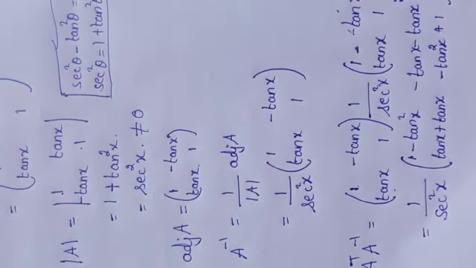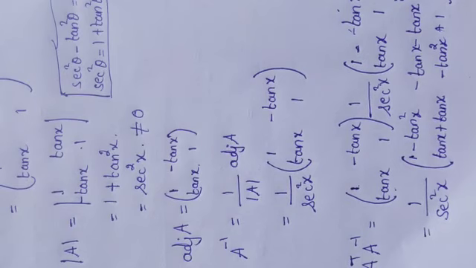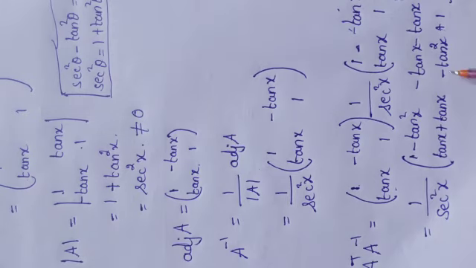See, in our answer, all will be in terms of sin and cos. But here we have got it in tan and secant. So all this we have to change into sin and cos. Now 1 by secant square x. 1 by secant square x can be written as cos square x, isn't it?